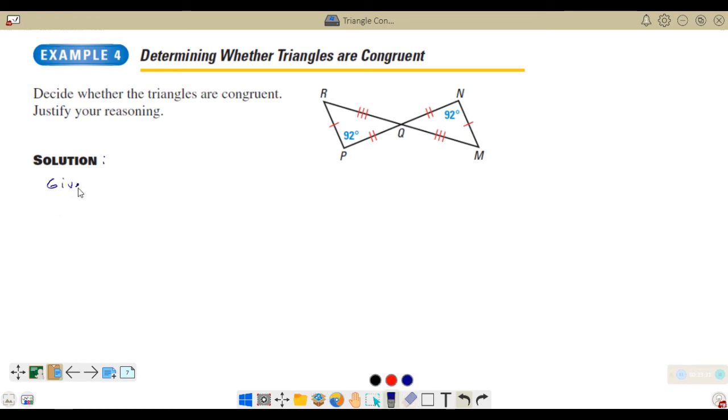Lagyan na natin dito, given that, tayong gumamit ng pronoun. Given that segment PR is congruent to segment NM,